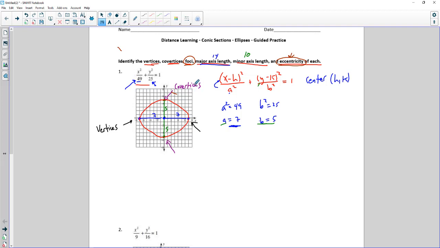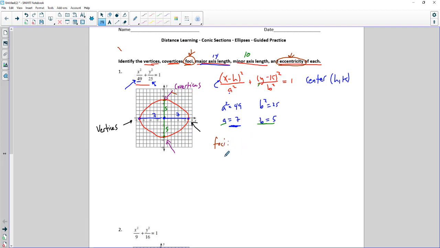I've heard it called different things, but we'll call it foci. Okay, so foci. Don't call it focuses though. That's wrong. I've heard people call it that too, and that's not true either. There's a point called the focus and another point called the focus. There's two of them, but plural they're called foci. So the coordinates of the foci